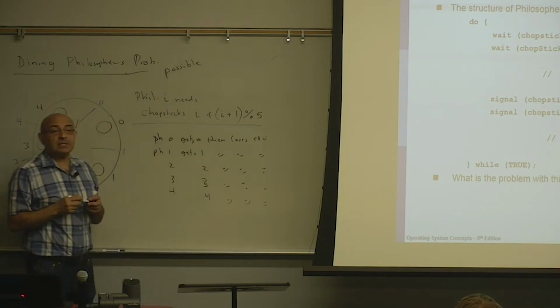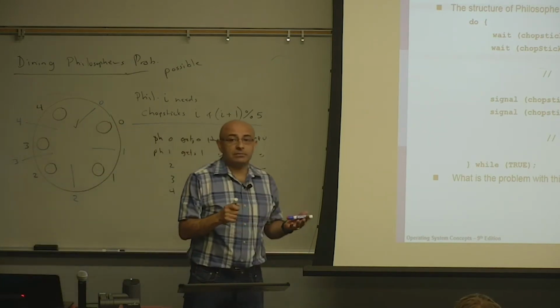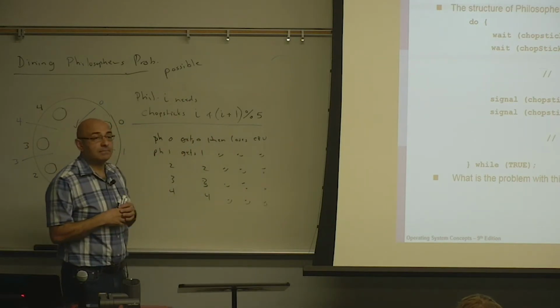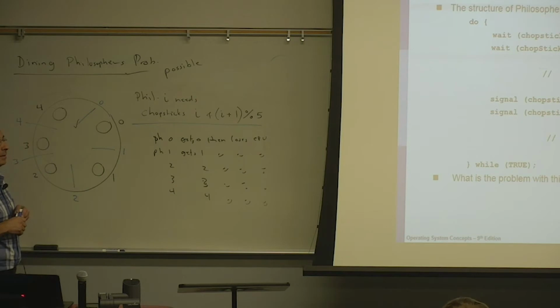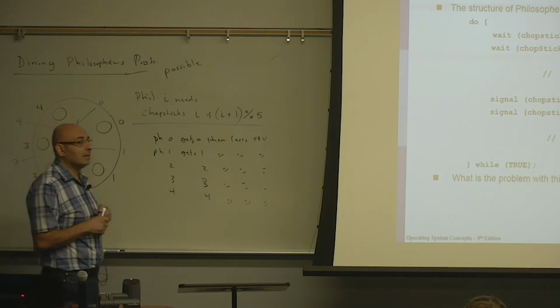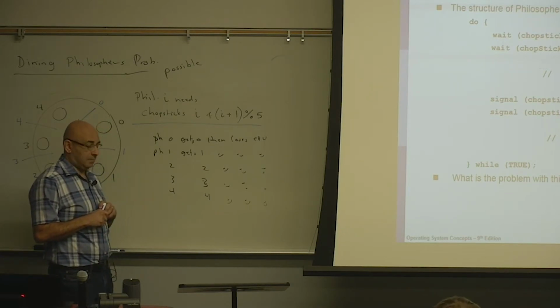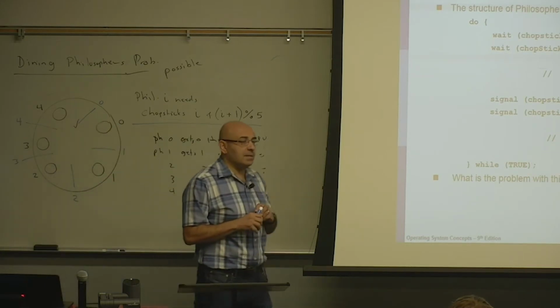But the question is, is a deadlock likely? So there is a difference between possibility and likelihood. How likely is this scenario to happen? Very unlikely. Why? Because you're counting on each process losing the CPU at almost the exact identical spot in the program. It gets one chopstick, and then before it can get to the second, it loses the CPU, and then you have to have the same thing for 0 to n-1. Yes, they are unlikely to be trying to do the same thing at the same time.